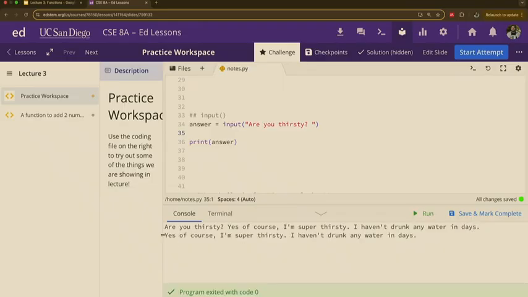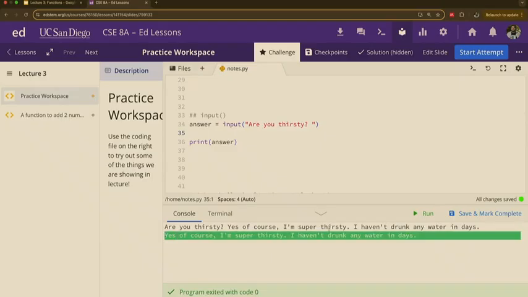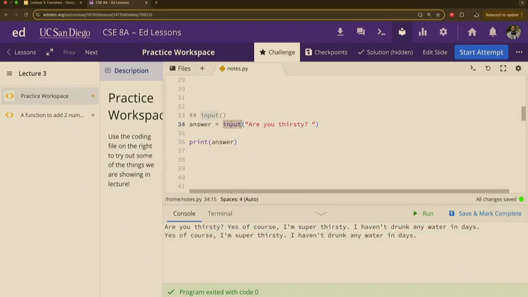Boom. Here's the answer. The answer is exactly what we typed in, right? So this function, input will get whatever the user wants to say, grab it, and give it to somewhere else, right? In this case, we're giving it into this variable called answer. Right? Does that make sense so far? Yes? Yeah. All right.